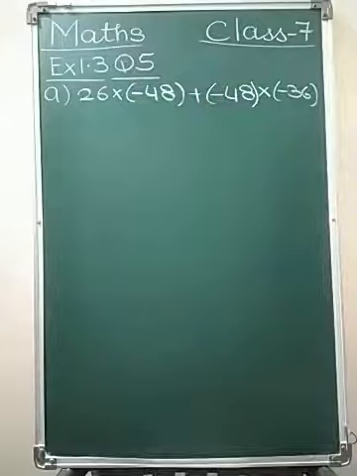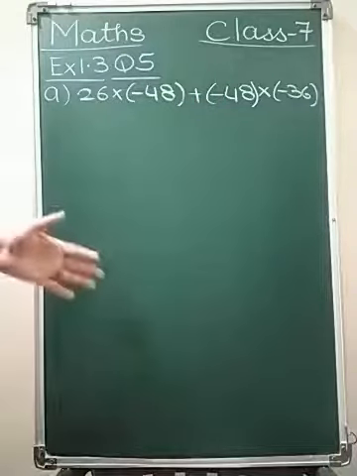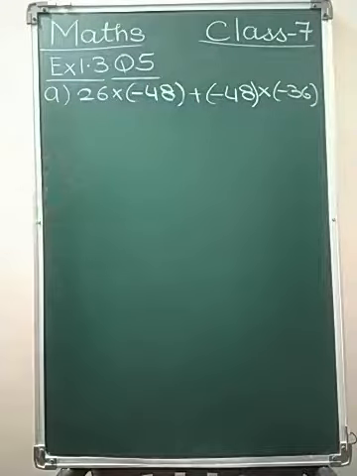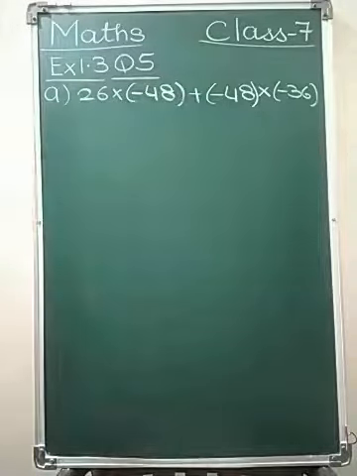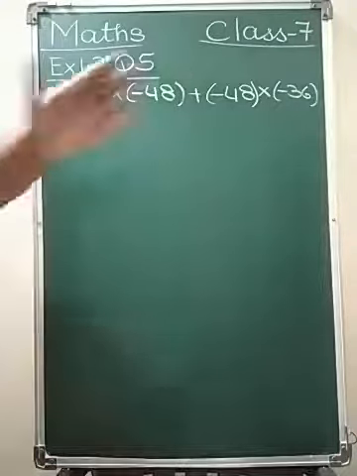Properties means the distributive property, the associative property, the commutative property, all the properties of multiplication that we have seen, we have to use to solve this sum. If in the examination you are not using the properties, you will get 0 marks. This I have explained to you in the live class also. So how to proceed for this?